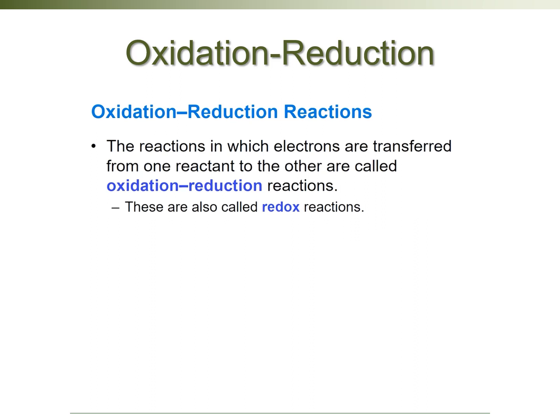Let's see if my example's right here. Okay, so let's say that we had potassium and we had chlorine coming together to create potassium chloride. Well, this should not come as any surprise that potassium has 1 valence electron and chlorine has 7. And that in order for these two substances to come together, they're actually going to create an ionic bond, because potassium is going to form an ion with a positive 1 charge, and chlorine is going to form an ion with a